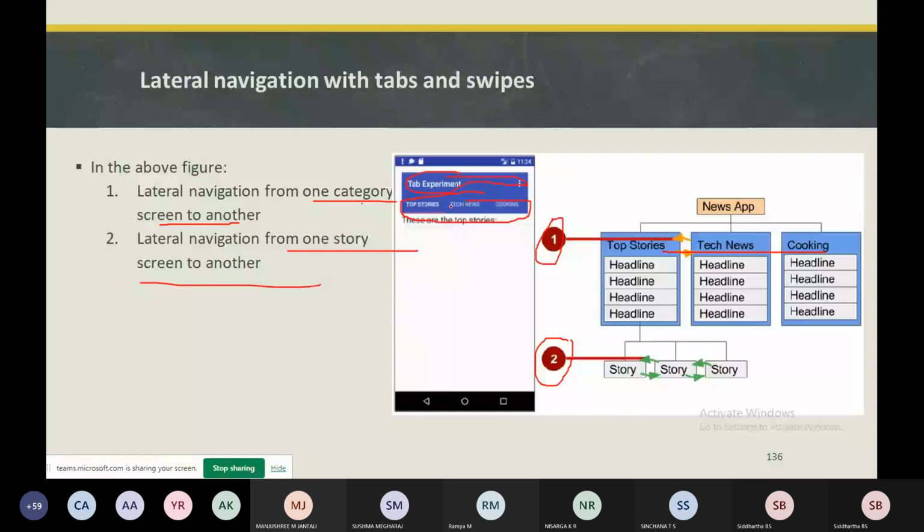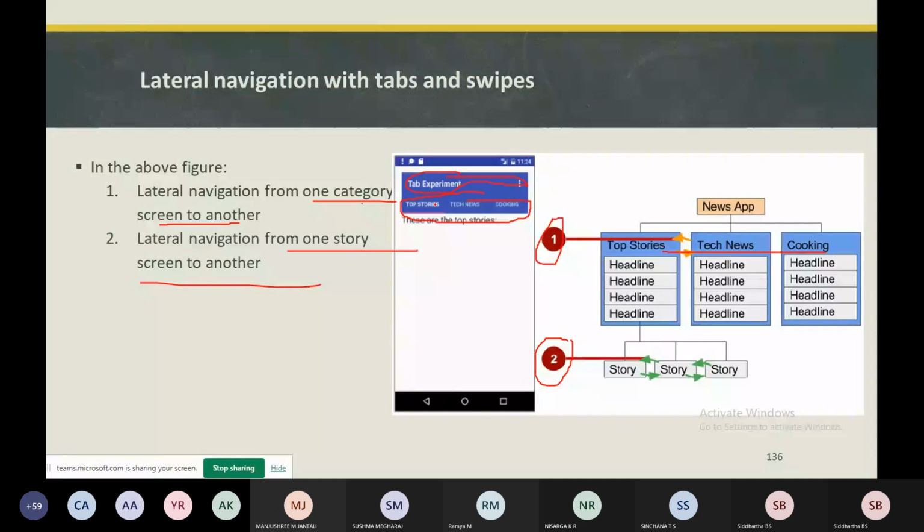Tab navigation is a common solution whenever you are using lateral navigation, from one child screen to another child screen, that is, siblings. It stays in the parent screen, sharing the same parent across the different sibling children or categories.